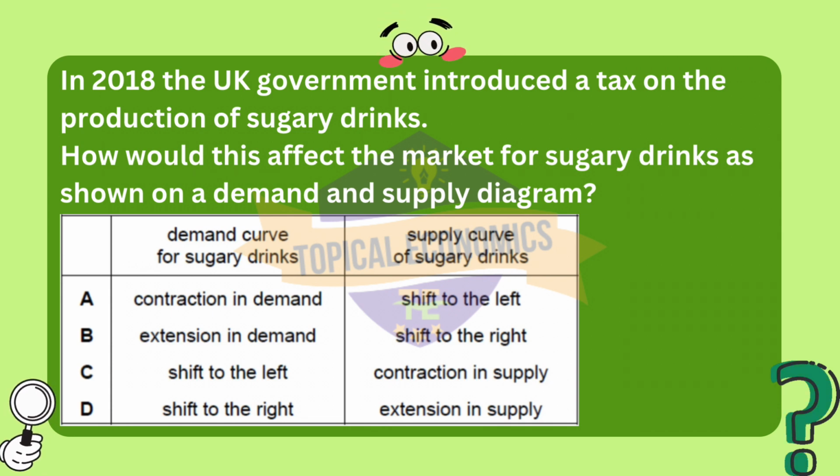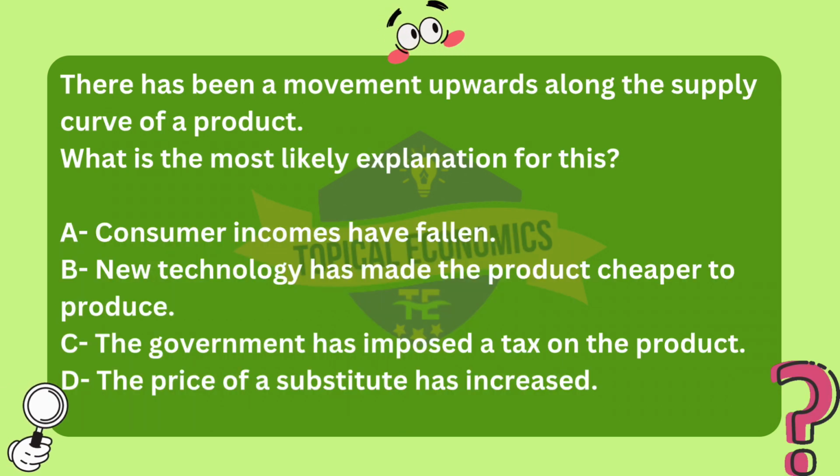The higher price will likely lead to a decrease in the quantity demanded for sugary drinks, according to the law of demand, which states that, ceteris paribus, as the price of a good increases, the quantity demanded decreases. This is represented by a movement along the demand curve to the left, reflecting a reduction in the amount of sugary drinks consumers are willing to buy at the new higher price. Moving to question 5.